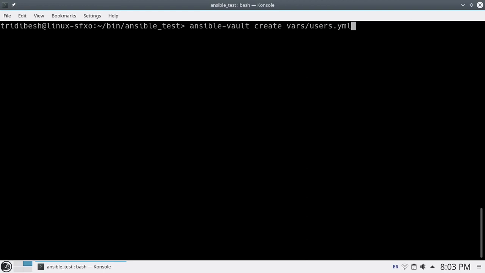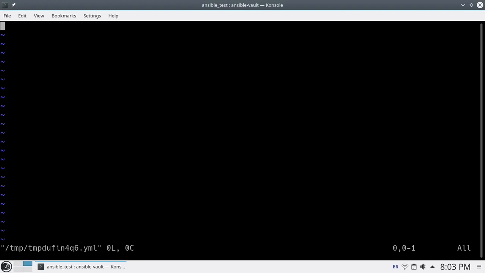So it will ask me for a password. Let me give pass123, pass123. Now here I will put newusers, then name: newuser1, password: Red Hat.